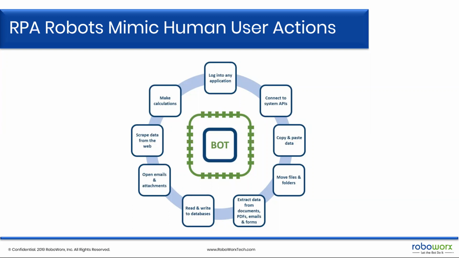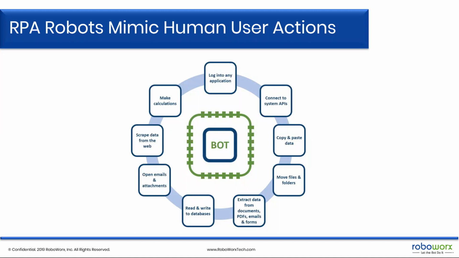And then we'll say to the robot, if the amount approved on the purchase order is within 4% of the invoice, then go ahead and process the payment. But if it exceeds that 3 or 4% threshold, then we want you to take another path, and we want you to send an exception alert to the accounts payable manager. So that's an example of how a robot can make a calculation, and where you start to call that a little bit of a more complex process.